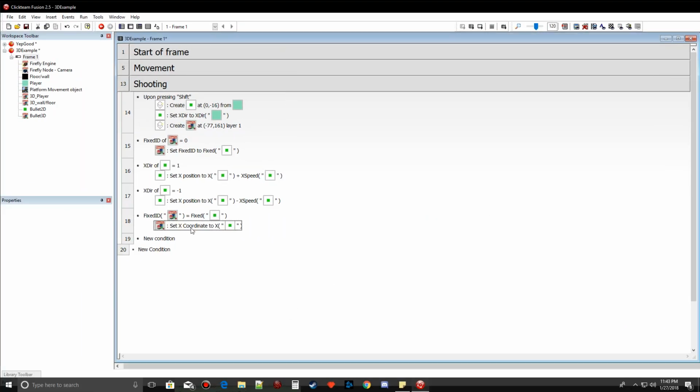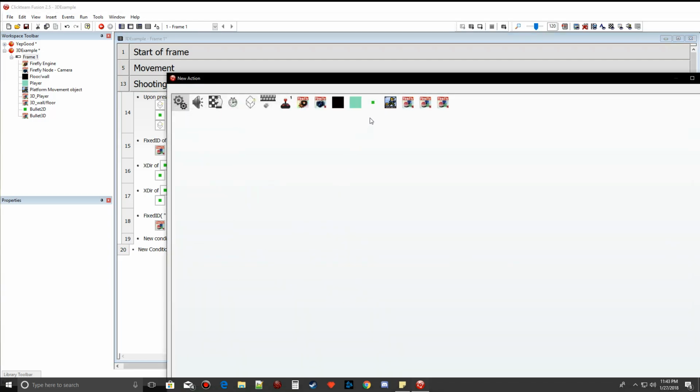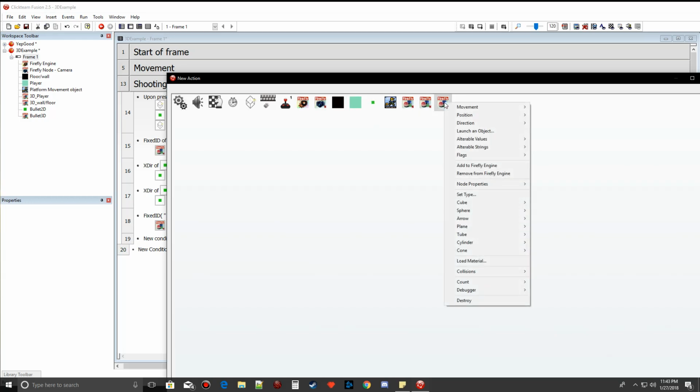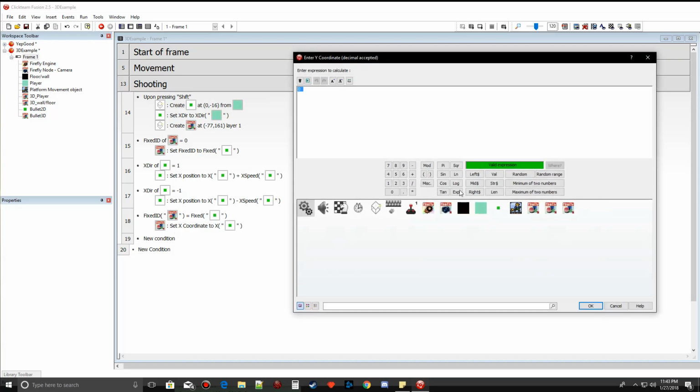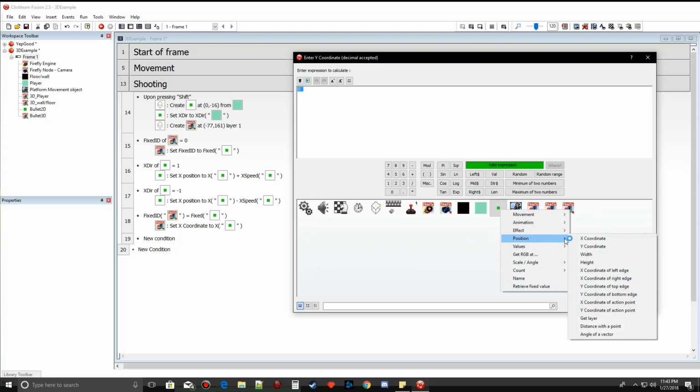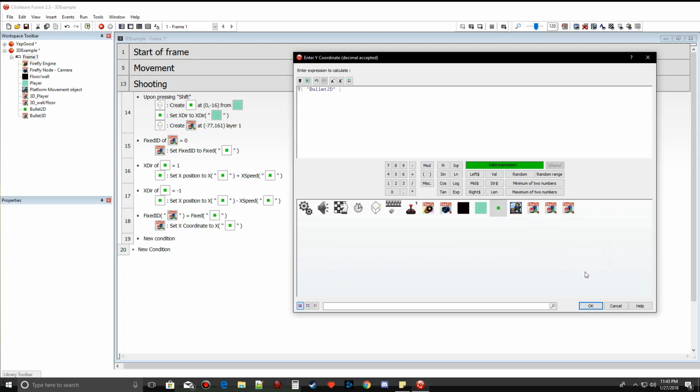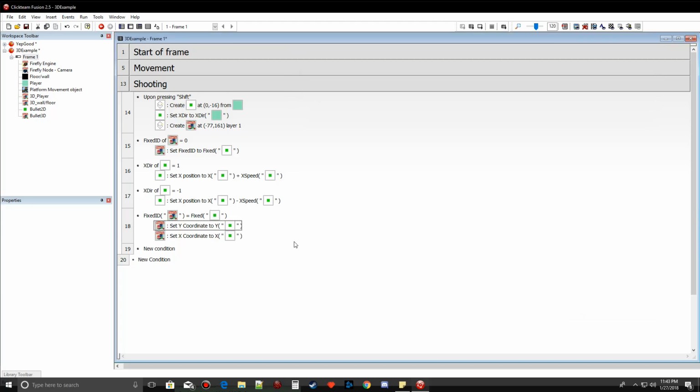And now let's do the same thing, but only for the Y. So let's go and right click, hit insert. Let's go to our 3D bullet, node properties, position, Y coordinate. And let's go on and set the Y coordinate to our 2D bullets Y coordinate. There we go. So now, if we go on and run the application,